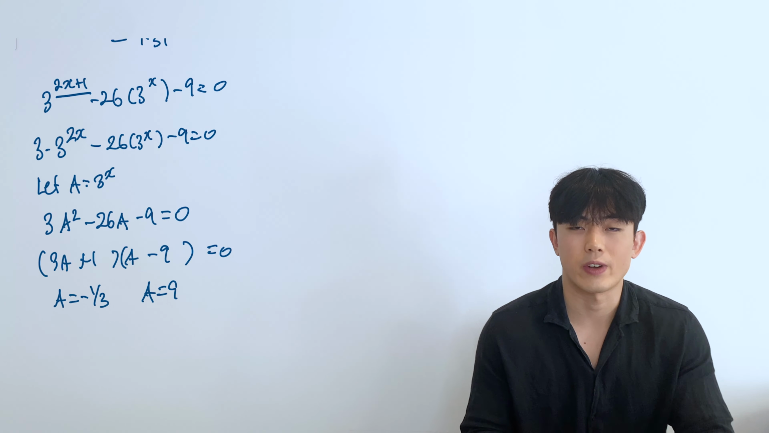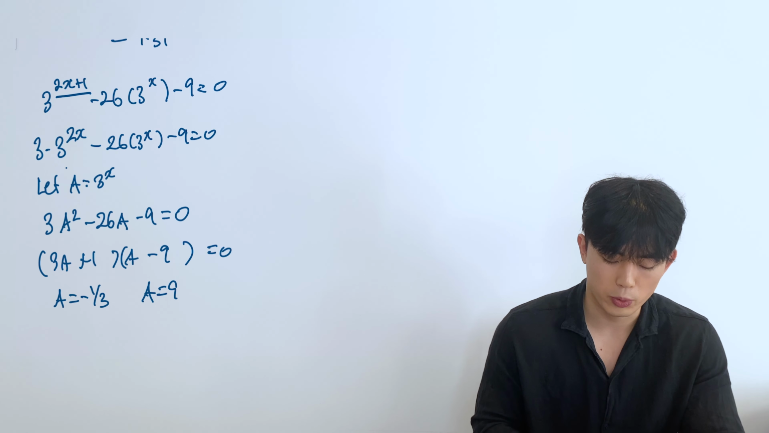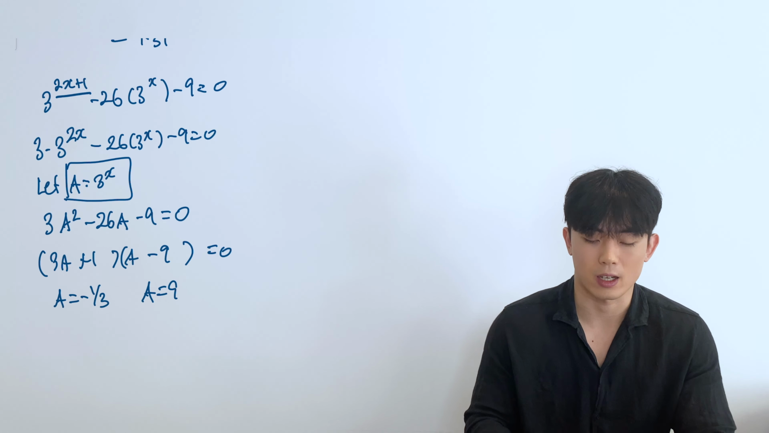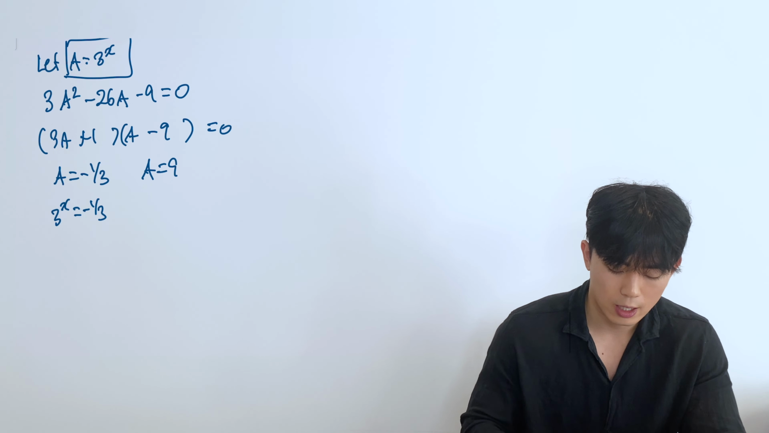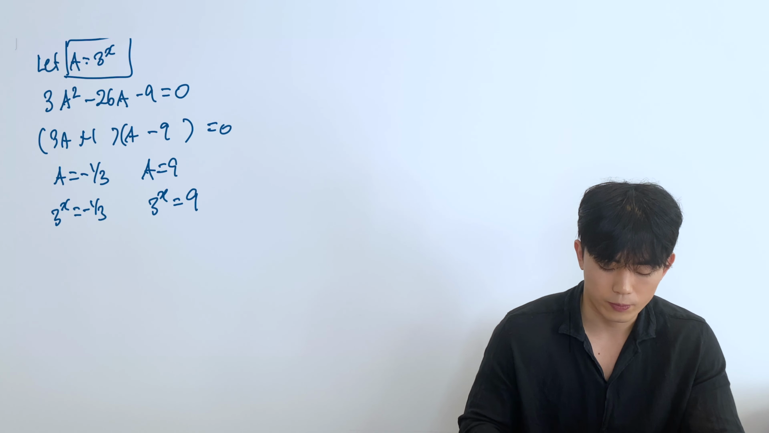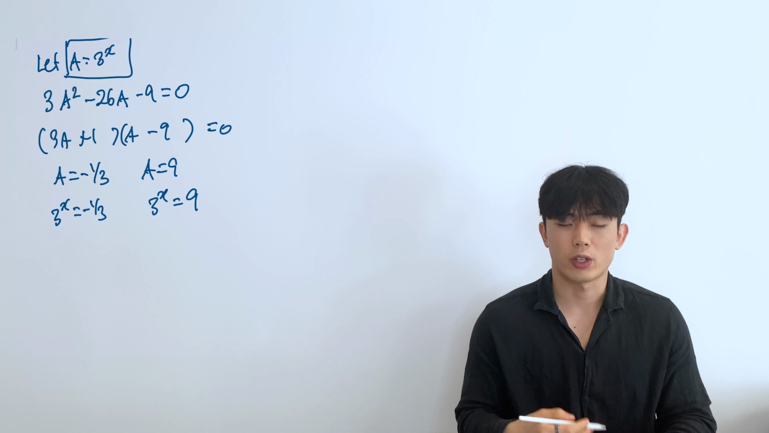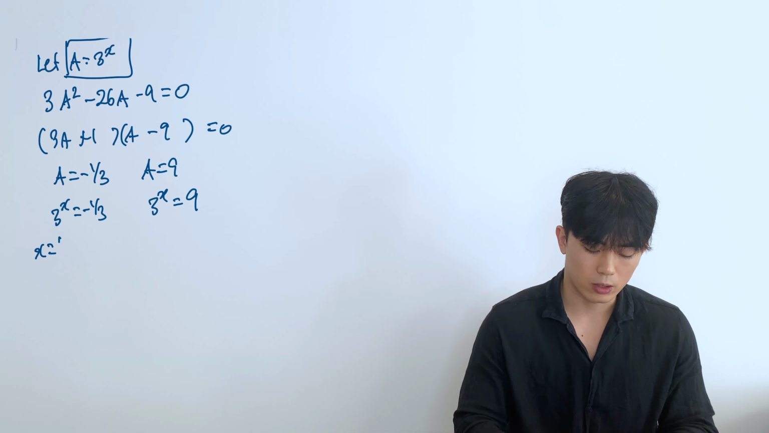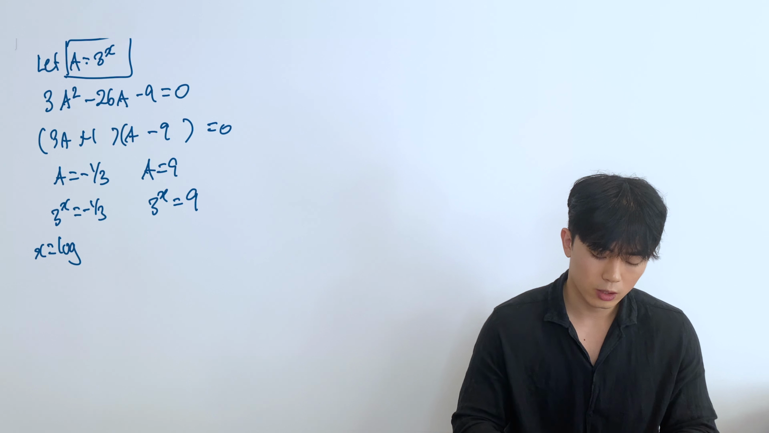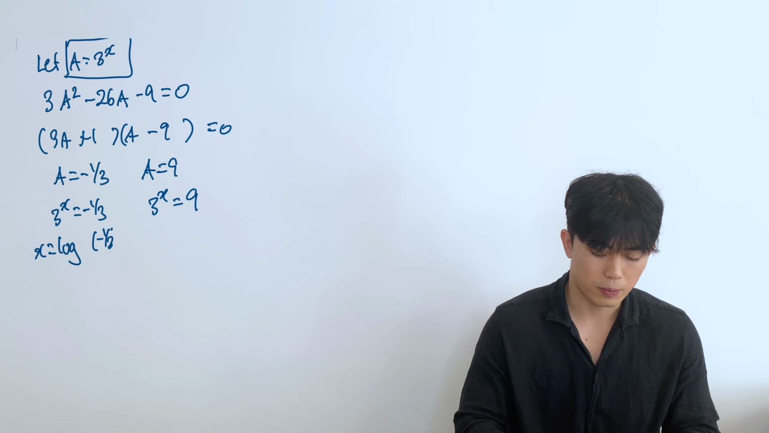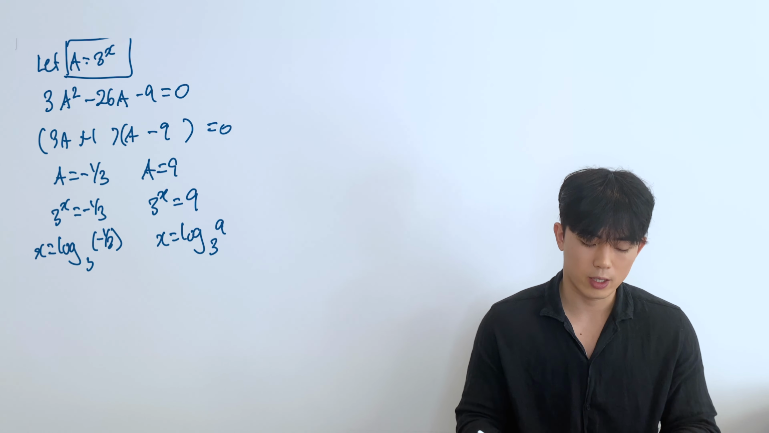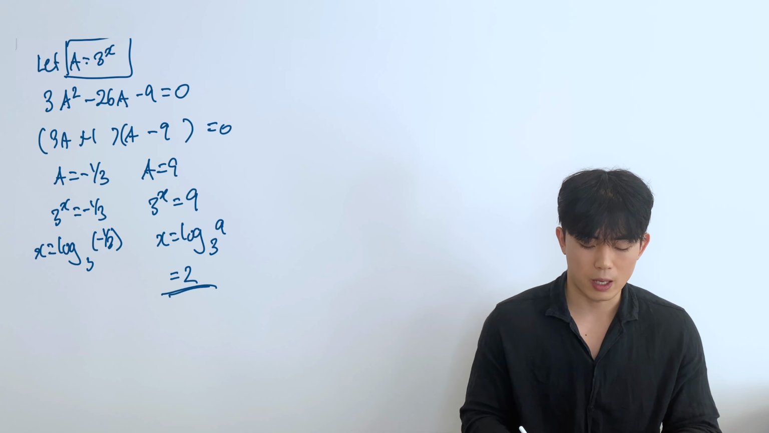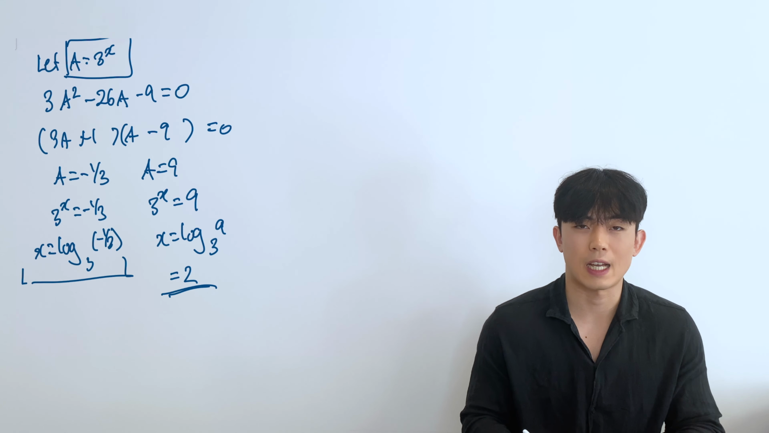So we found the a values, but we're trying to find x. So what we can say is, well, a is 3 to the x, right? So therefore 3 to the x is equal to negative 1 over 3, and 3 to the x is equal to 9. Trying to find x, well, we can do the log thing, right? So we'll have x is equal to log minus 1 over 3 base 3, and in this case x is log 9 base 3 as well, right? And this we get 2,